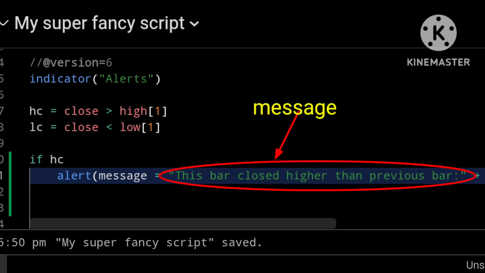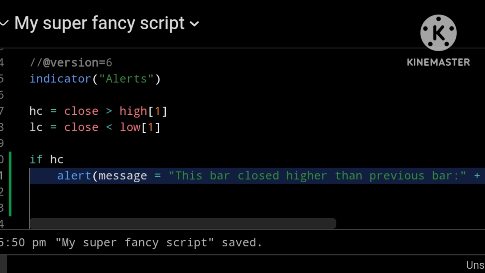So we could make our string anything. I am going to say here that this bar closed higher than previous bar, and then I am going to add a colon on the end, and then I am going to add on the current closing price of the bar to our alert.